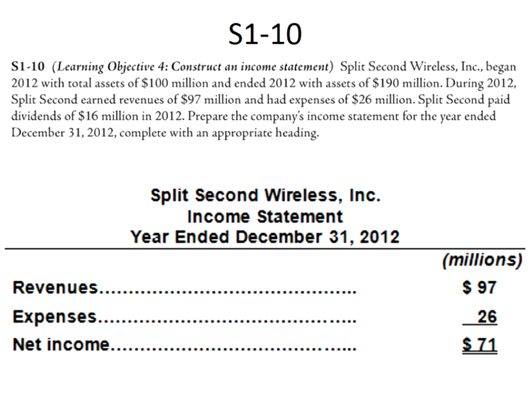Okay, now, a couple things to note. 97 million minus 26 million is 71 million. Notice we do not put a minus sign in front of expenses. We do put parentheses around them. Every user of a financial statement will know that expenses are subtracted from sales. So we don't put a minus sign in front of it. It's just not done. Because it is possible to have a negative expense. So if you would put a minus sign in front of that, that means something different. So revenues, expenses,